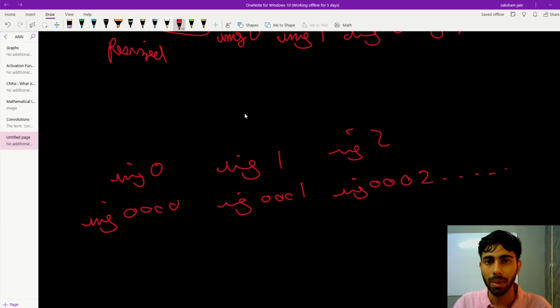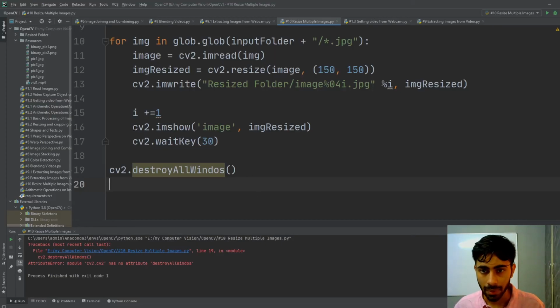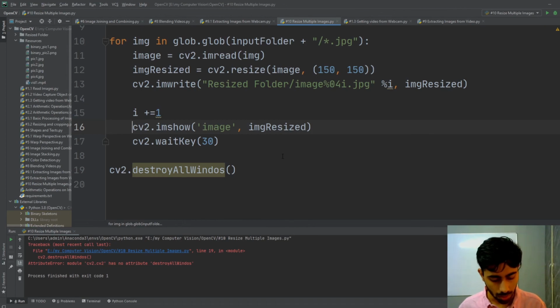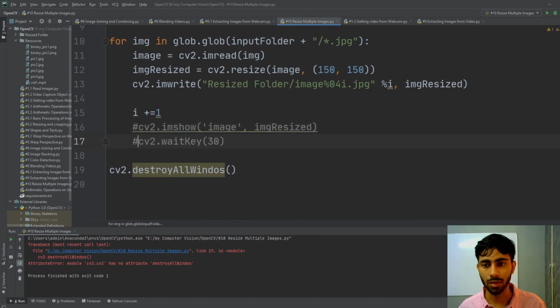So this will be more practical. This naming convention will be more appropriate, more professional when you will be working on hundreds or thousands of images. Now if I comment this line out, because this line is not necessary, I have just written it so that you can see that my program is working.